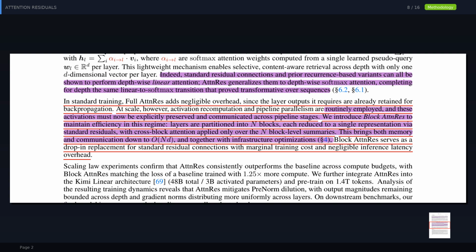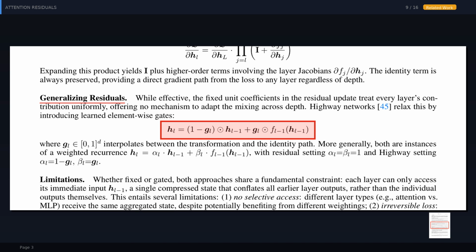and negligible inference latency. This section provides motivation for generalizing residuals. The authors point out that fixed unit coefficients in standard residual updates treat all layer contributions uniformly, lacking adaptability. While highway networks introduce learned gates, they still don't offer a mechanism to adapt mixing across depth. This limitation sets the stage for AttnRes, which aims to provide a more flexible and content-aware way to combine information